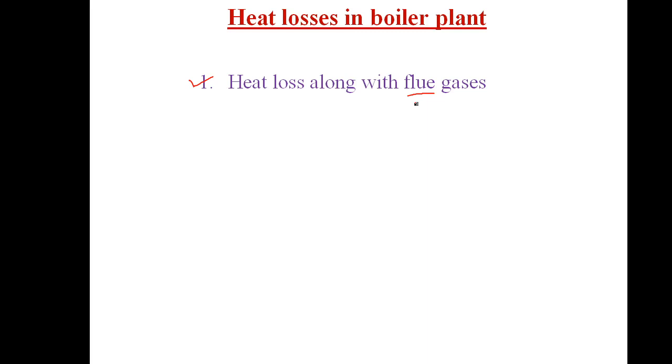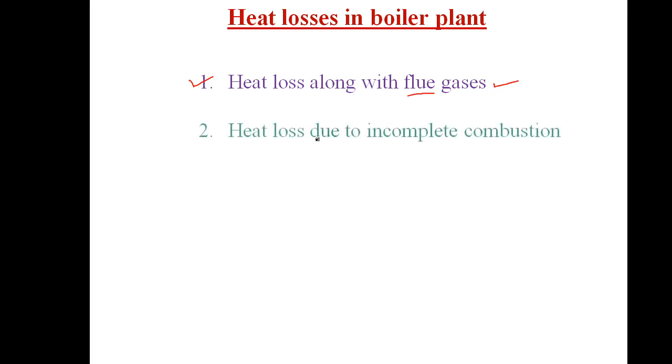When the flue gases are liberated into the atmosphere, their temperature is not equal to the atmospheric temperature, so it is higher than the atmospheric temperature. That means the hot gases discharged into the atmospheric air are carrying heat energy along with them. So that is nothing but heat carried by flue gases discharged into the atmosphere. This is a kind of heat lost into the atmosphere, and we have to calculate how much heat the hot gases take along with them when discharged through the chimney into the atmosphere.